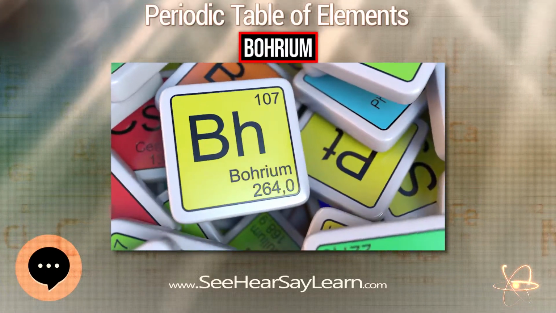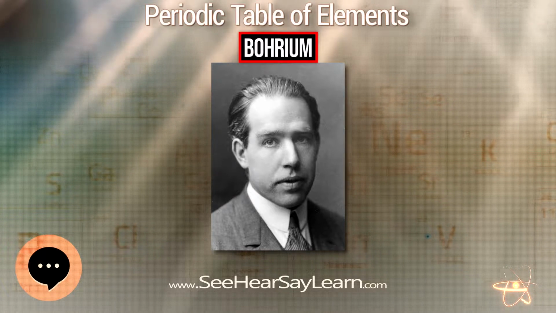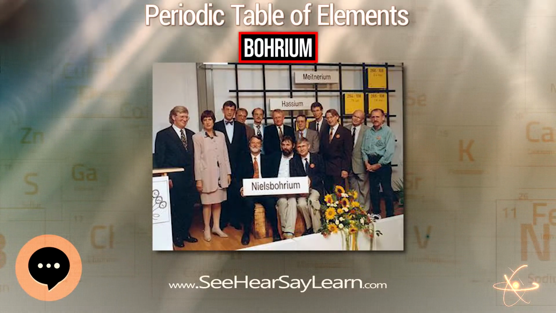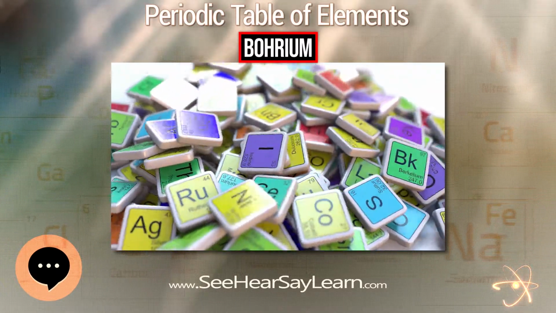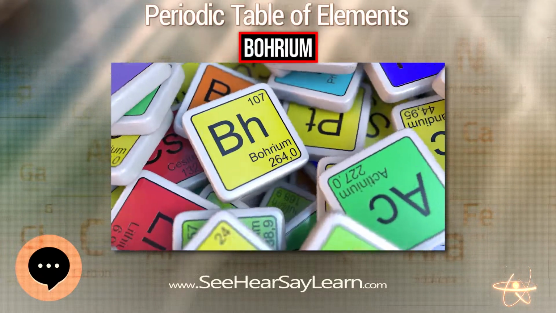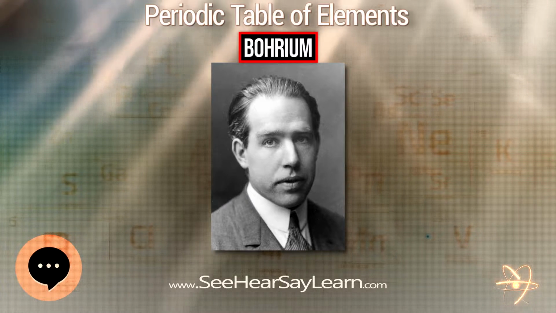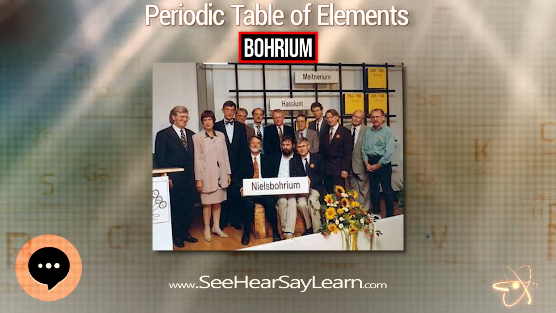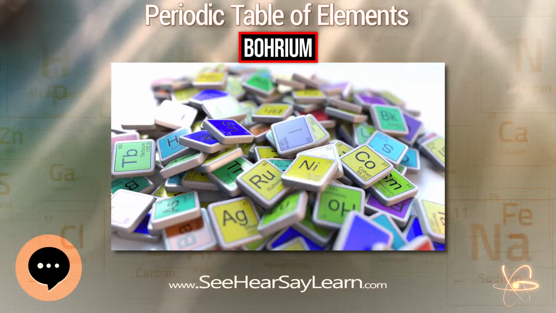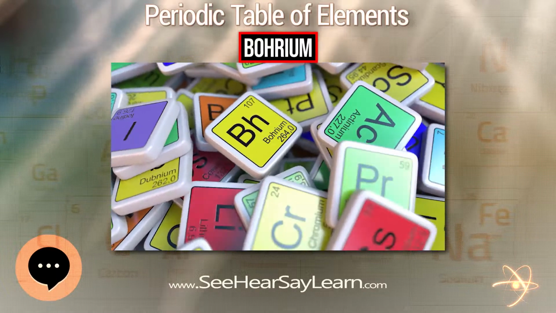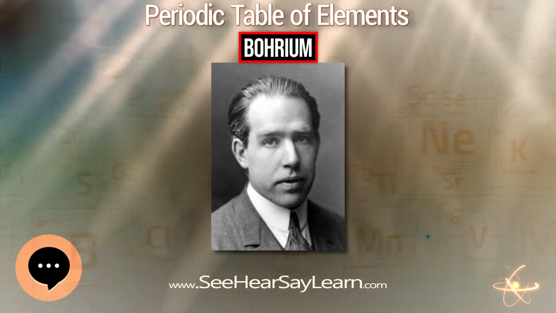In 1981, a German research team led by Peter Armbruster and Gottfried Münzenberg at the GSI Helmholtz Center for Heavy Ion Research in Darmstadt bombarded a target of bismuth-209 with accelerated nuclei of chromium-54 to produce 5 atoms of the isotope bohrium-262. This discovery was further substantiated by their detailed measurements of the alpha decay chain of the produced bohrium atoms to previously known isotopes of fermium and californium. The IUPAC/IUPAP Transfermium Working Group recognized the GSI collaboration as official discoverers in their 1992 report.